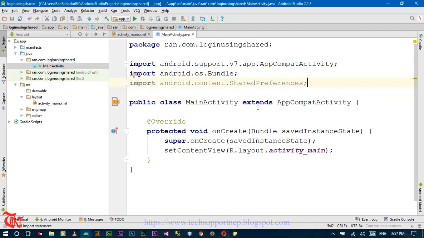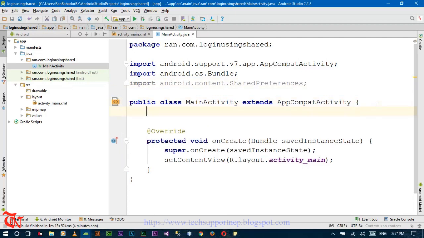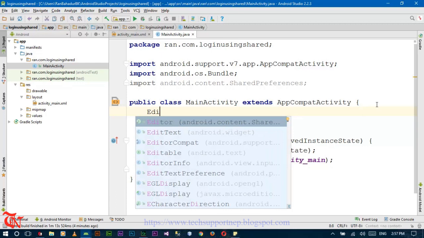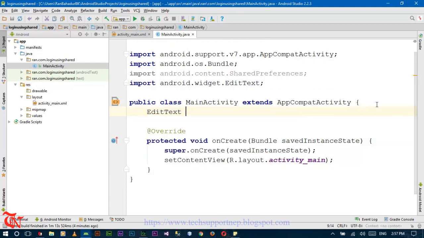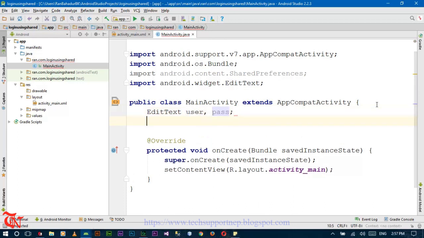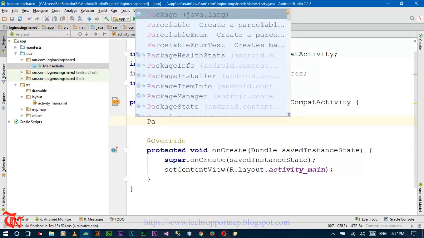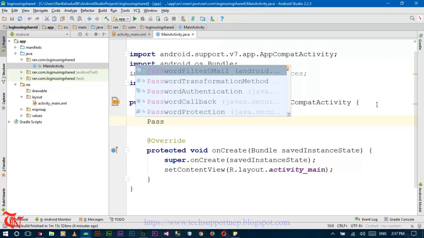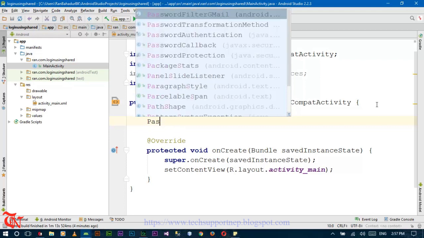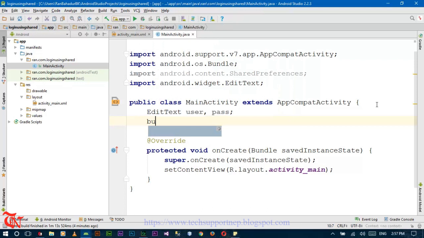Now declare all the text field, plain text, and button over here. EditText user, pass, and then Button login,